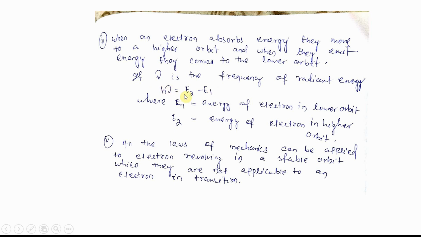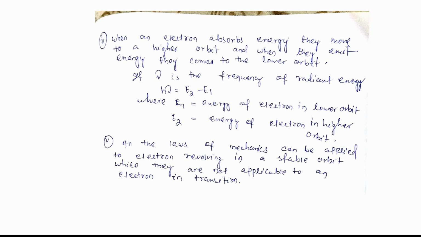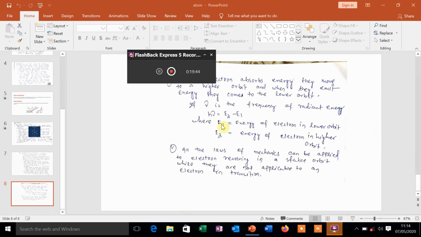This is the equation, and all the laws of mechanics can be applied to a revolving electron in a stable, permitted orbit, while they are not applicable to an electron in transition. The mechanical laws we have discussed, we can apply only in the stable orbit, but not for the transition. That means when it moves from upper to lower, or from lower to higher, these laws will not be applicable. And this is all about the three models of atom. Next we will discuss about